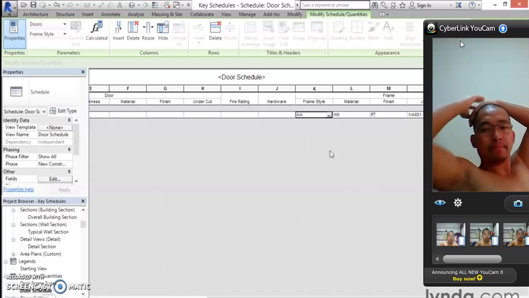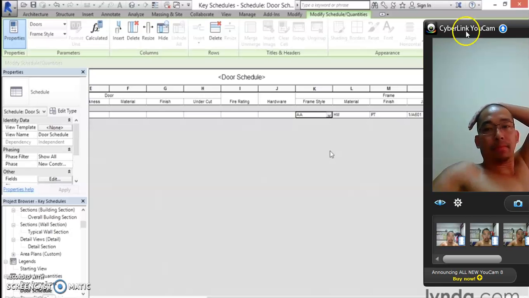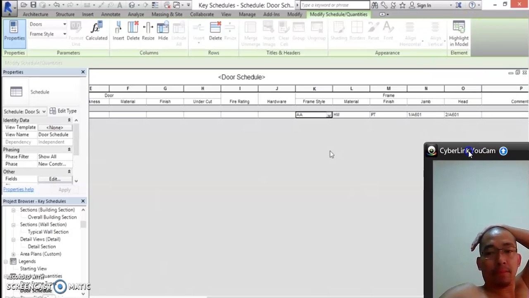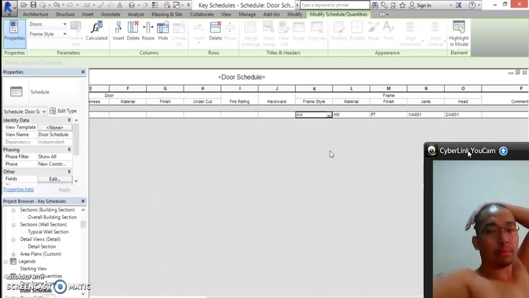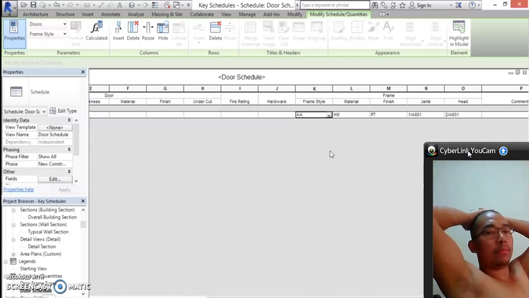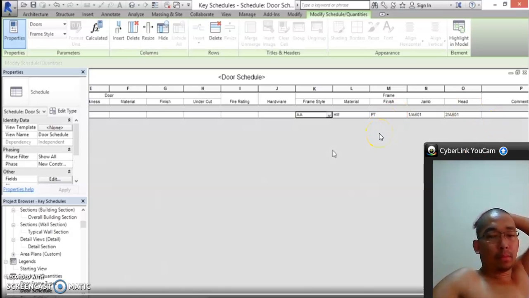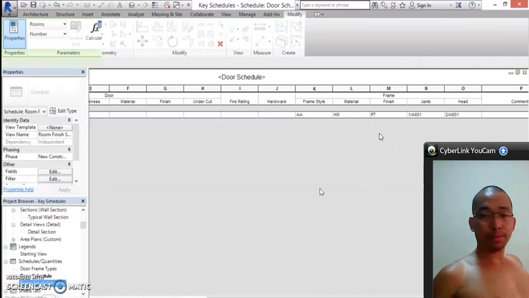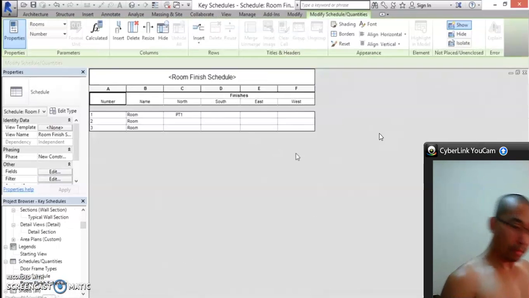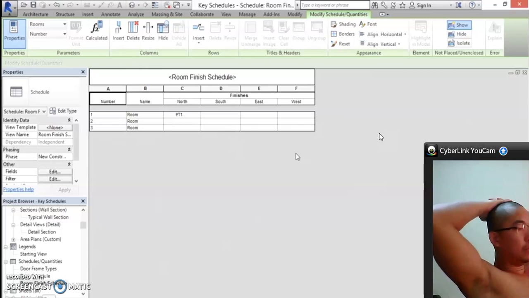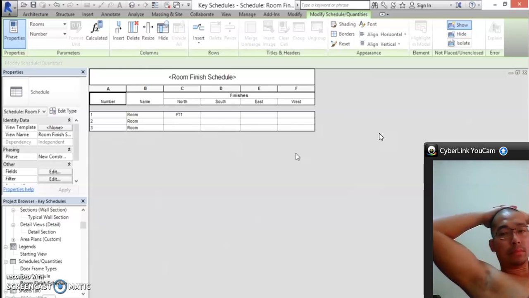Now, you may not be able to put in all the key entries directly in your Office Standard template. It depends on whether or not you always use the same frame type designations and the same materials. But if you just put a few in to suggest to your users what the intention is, they can take it from there, and it will greatly speed up the data input, particularly when you have hundreds and hundreds of items on a schedule. You can use this for any kind of schedule that has manual text fields that are system families. The reason I'm stressing that is, unfortunately, on our room finish schedule, these custom fields, even though they're text fields, can't be input with a key schedule. So that's a limitation that I hope will be rectified in some future release. But for the time being, you'll still have to manually input